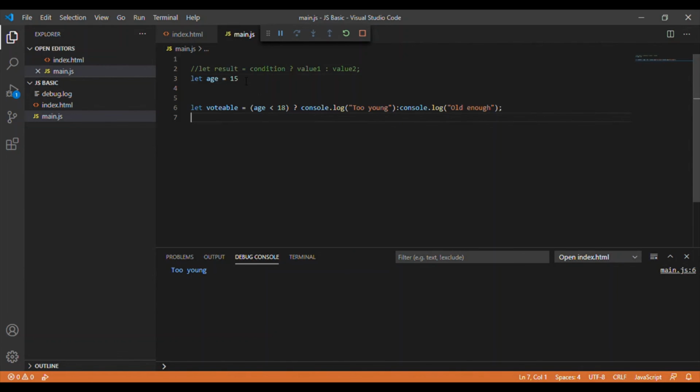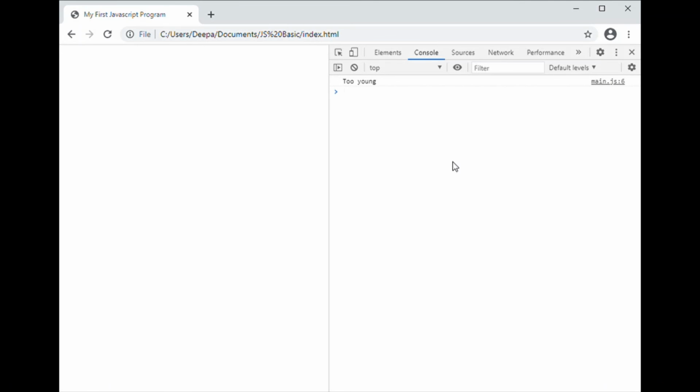If our age was more than 18, say 19, then it would print old enough. So now it is 15. What would be the correct answer? Let's check in the console. There you go, in our console the answer is too young.